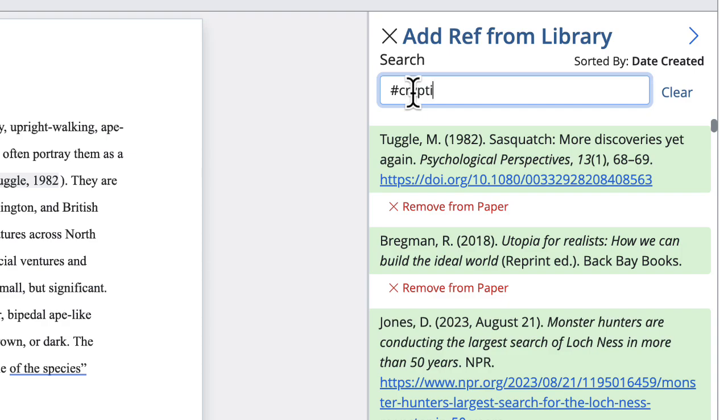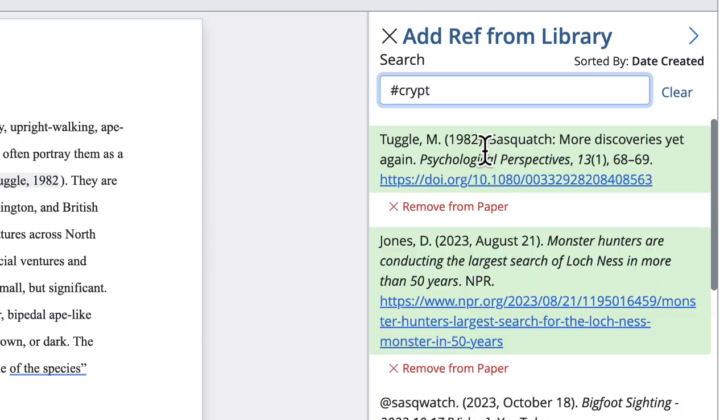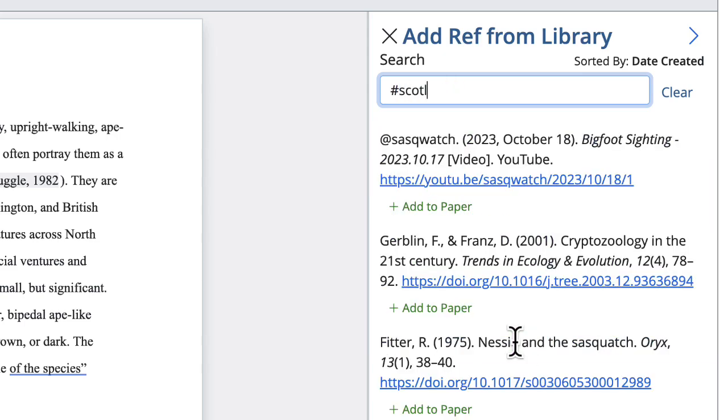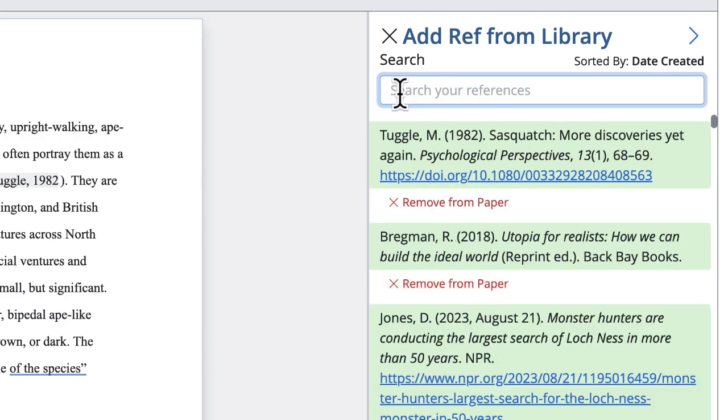And I can say cryptids, for instance, and PERRLA is going to find all the references that have the tag cryptids associated with it, or cryptozoology. I've got a bunch of tags that have cryptozoology, or for instance, Sasquatch, or Scotland. Using tags inside of your reference library and searching using the hashtag or # when you're trying to find your references is a great way to make it easy to find groups or categories of references that all have to